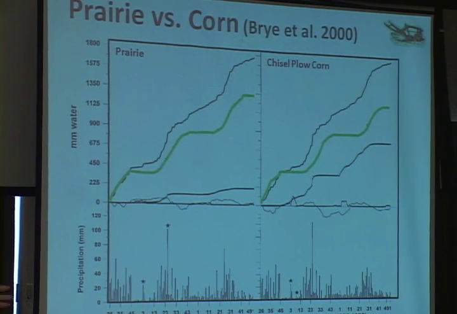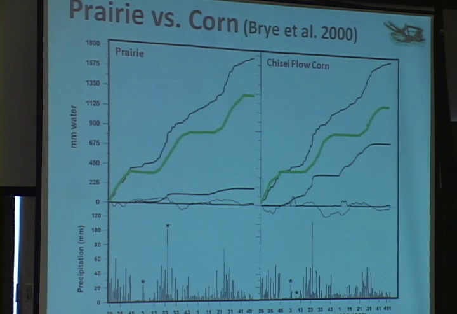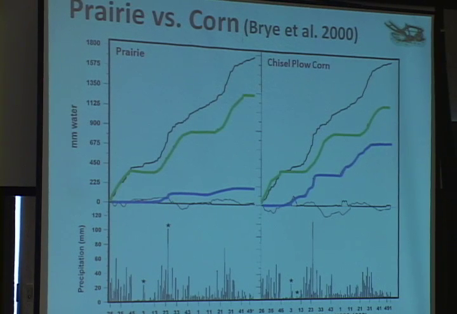So even though the way it plays out over the year, ET, even though that's different, cumulatively speaking, they're pretty similar. But look at the drainage curve on the two. So that's the water that's lost through the bottom of the soil profile, and that is impacted significantly by those